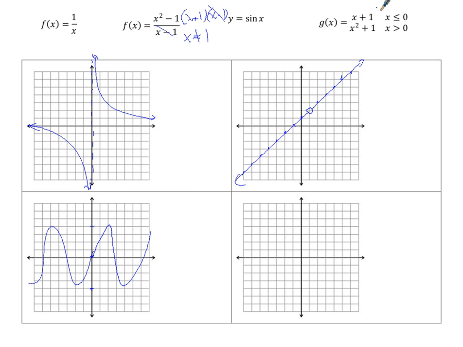Okay, the last one. This is the one that had the most confusion for you guys earlier. This is how you graph a piecewise function. It's just a little review of what we did in Algebra 1 and Algebra 2. Take the first piece, g of x equals x plus 1, and graph it. Okay, x plus 1 has a y-intercept there, and I'm just going to put a bunch of dots for my slope